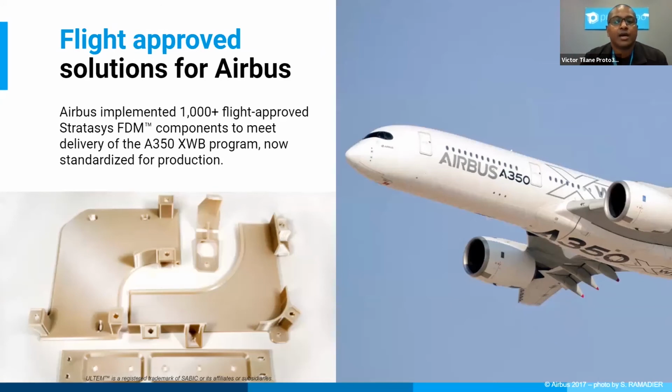So the Airbus A350 has over 1,000 flight-approved FDM 3D printed components. That's just a really interesting fact. A very successful airline in its regard, and in order for them to meet the very strict timelines that they had to get their vehicle to market,